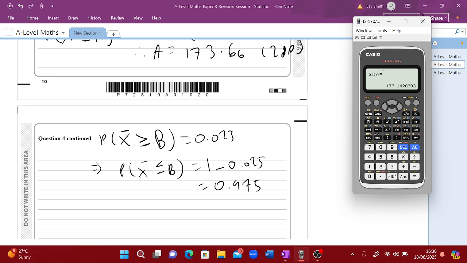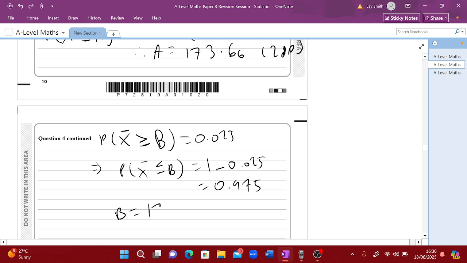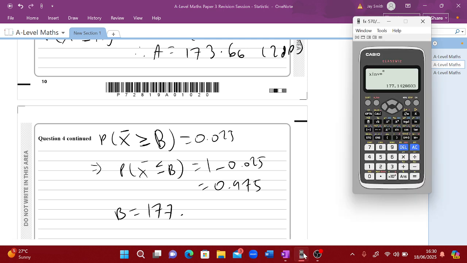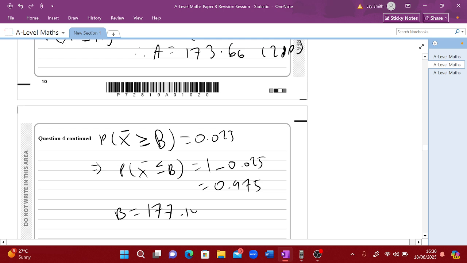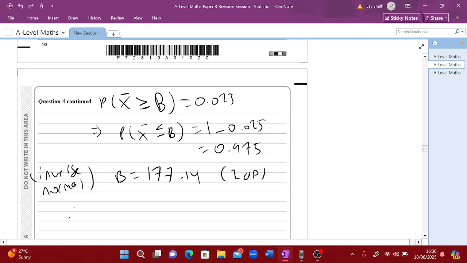And so then we get the B value of 177.14. I'm going to say 4 against 2dp, and I'm going to say by inverse normal, again, to show how I did it. And so those are our critical values then. So the critical region